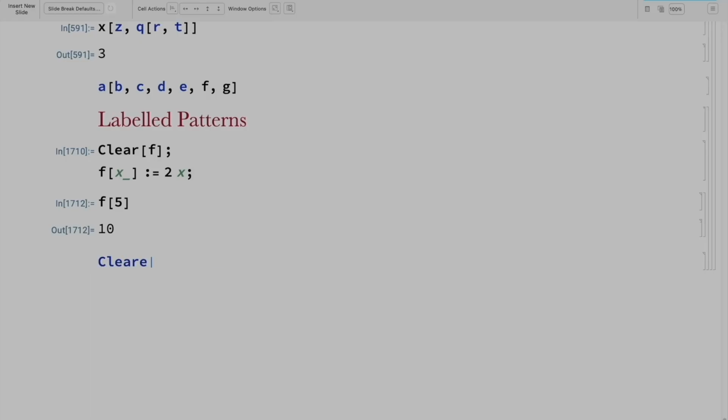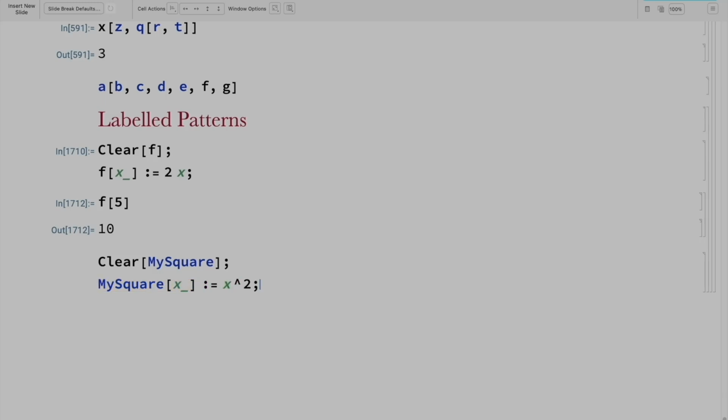We could define a rule. So I could say clear my square, right? And I want to define it using this pattern matching. I want to define a rule. So I would say my square, and I want to match it with a pattern, and I want to name this pattern X. And I want to use that X on the right-hand side. So I want to say X, and then caret